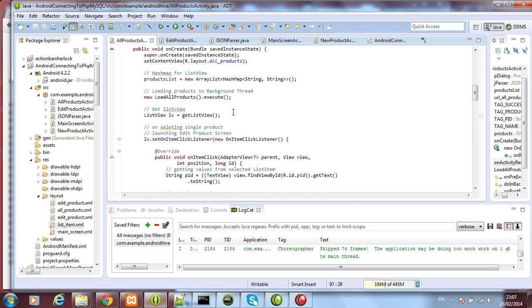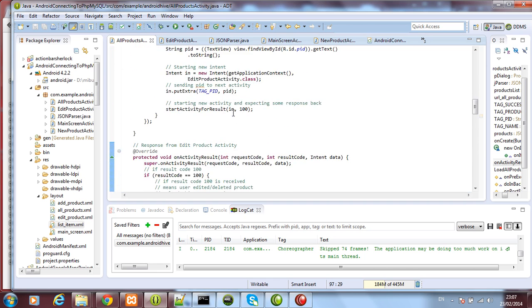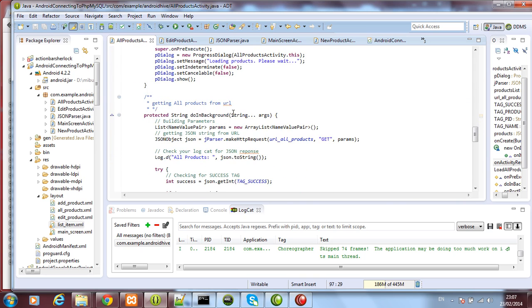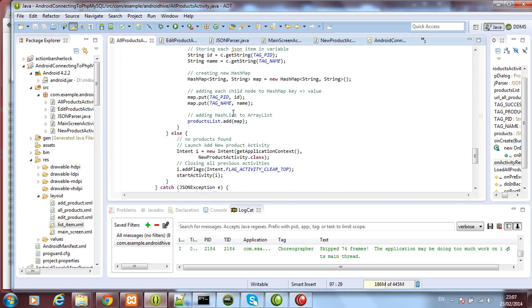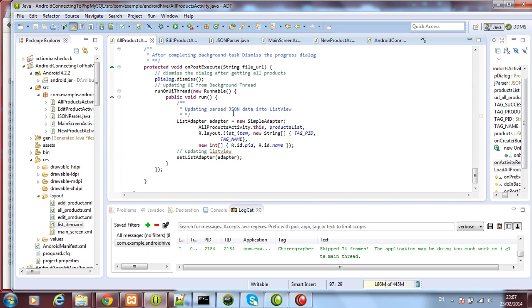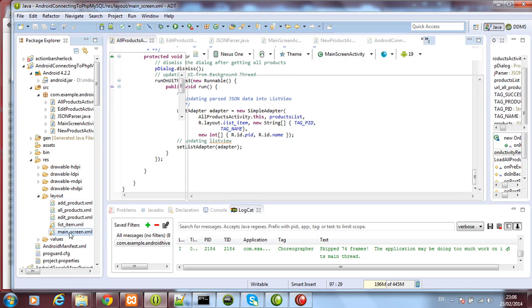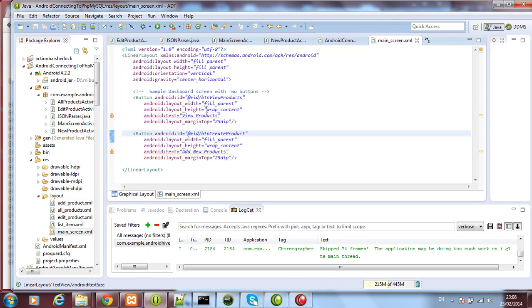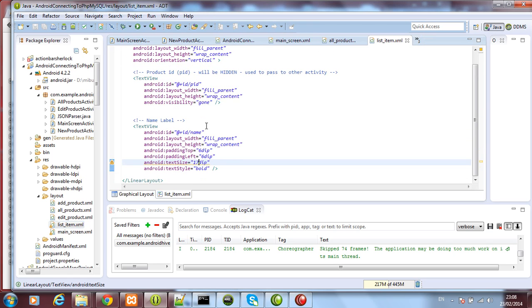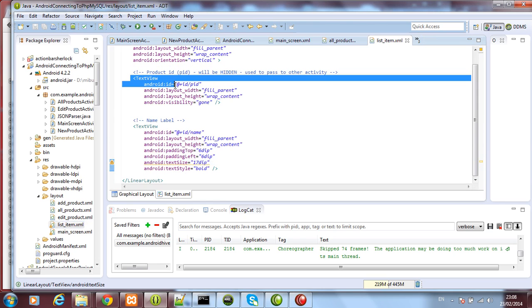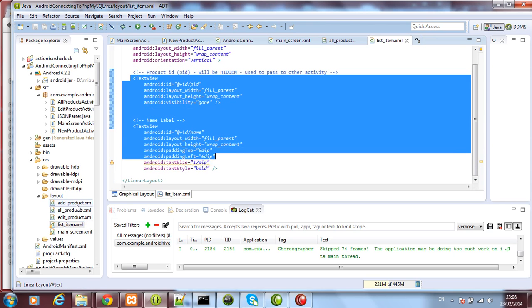Whenever you create a class with async task, you have three methods involved. One is called onPreExecute, the second one doInBackground, and the third one is called onPostExecute. And here we are accessing things and displaying them in the format of what is called list elements or list view. If you go to the main screen .xml file, you will see it just has a button. When you want to display them, we go under what is called list view. It is a list item, which goes by text view and text view. If you want to add products,